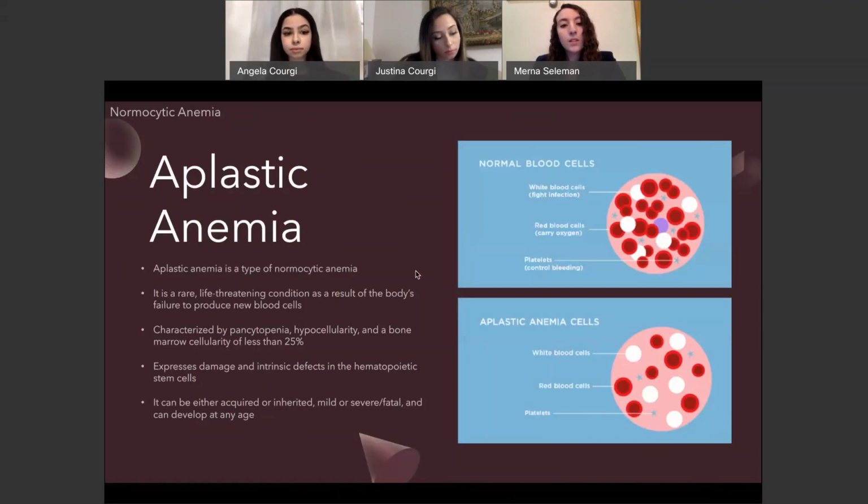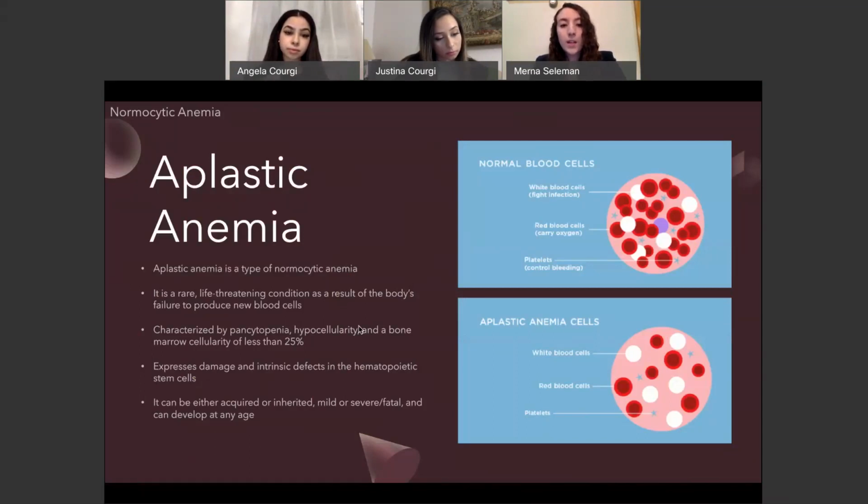Stem cells present in the bone marrow produce three cell lines: white blood cells, red blood cells, and platelets. Since the stem cells are damaged in this type of anemia, the bone marrow portrays emptiness. Aplastic anemia can be either acquired or inherited, mild or severe, and can